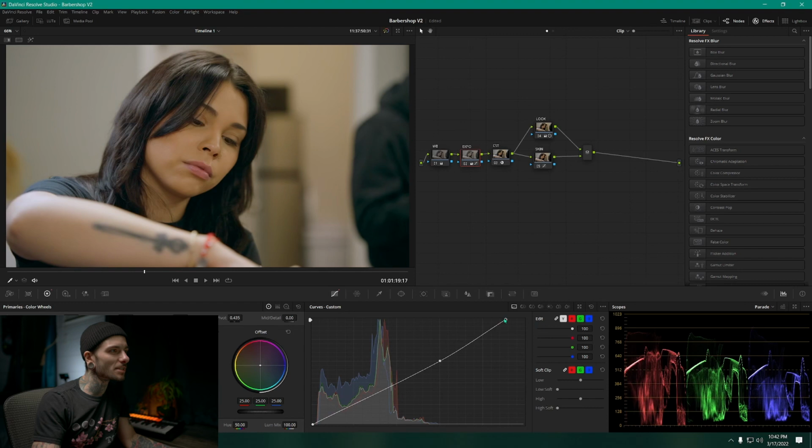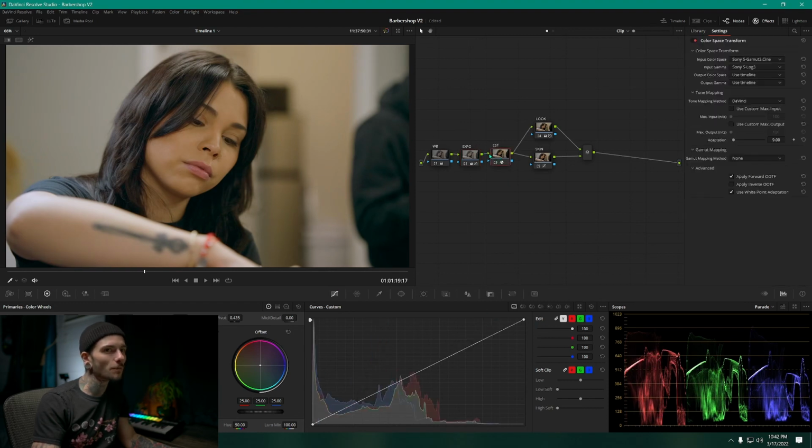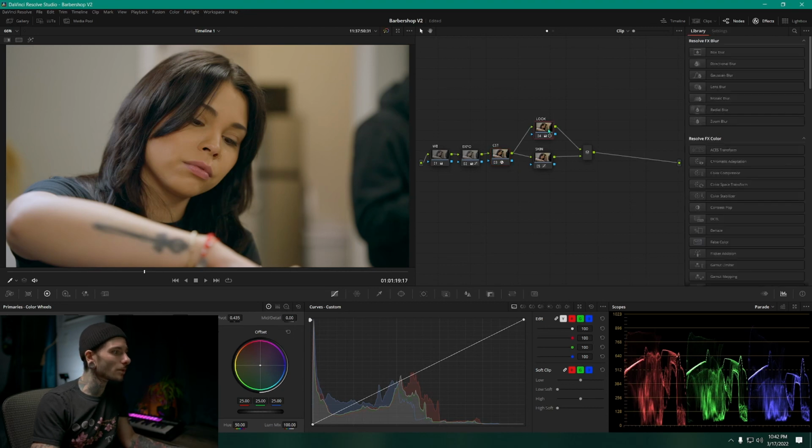So I find myself doing this a lot when there's skin tones involved. The next is a color space transform, and that just transforms log to normal Rec 709 footage through something like a LUT, but not really. And then we have our look, which is just, I pulled the shadows down to the greens, and then I pulled the gamma up to the reddish